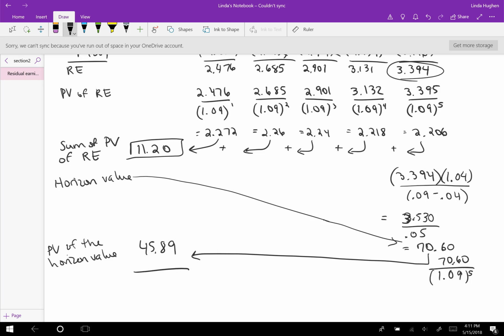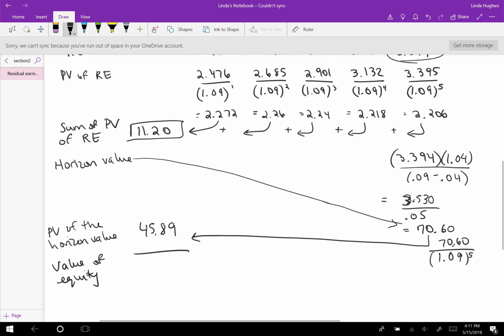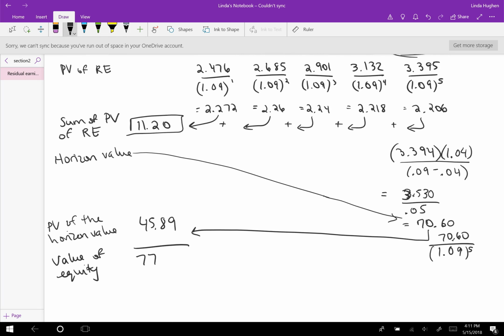Now we're ready to get the value of the equity. And we are going to add the present value of the horizon value, 45.89, the sum of the present value of the residual earnings, 11.2, and don't forget that last component, the current book value per share, 20.15. And we will get the value of the equity per share, 77.24. Of course, what we're doing with this is comparing it to the market price to decide if we think this firm is